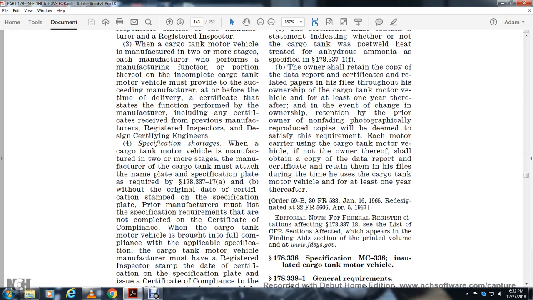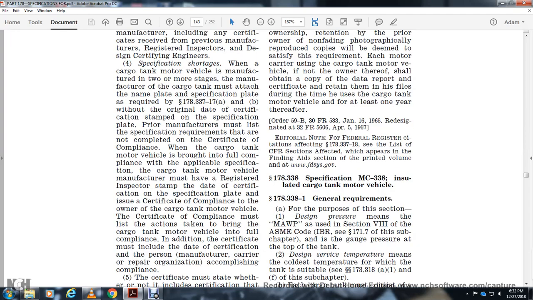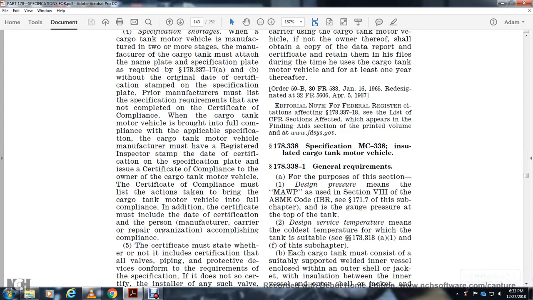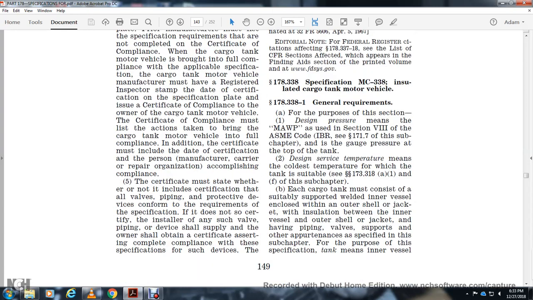Alright, 178.338, specification MC338 insulated cargo tank motor vehicle. 178.338-1, general requirements. For the purpose of this section, design pressure means the maximum allowable working pressure, Section 8 of the ASME code, as indicated by the pressure gauge at the top of the tank. Design service temperature means the coldest temperature for which the tank is suitable, and 178.330-1 and